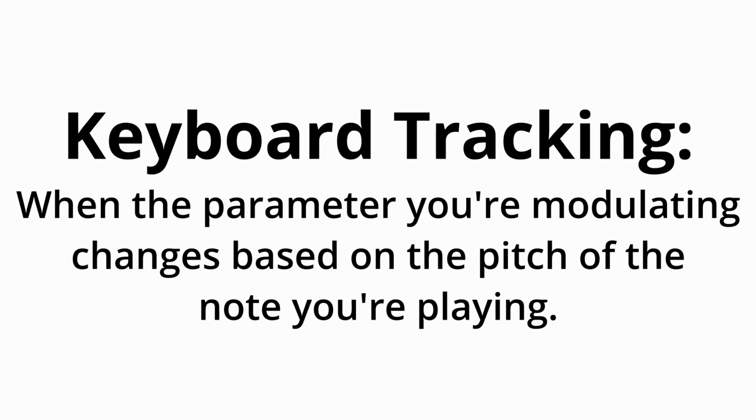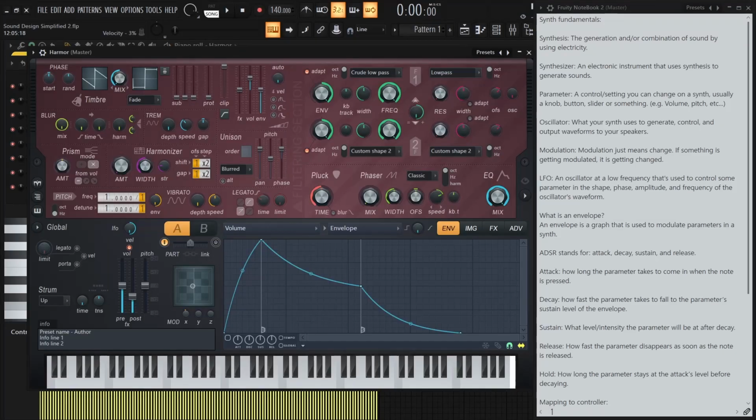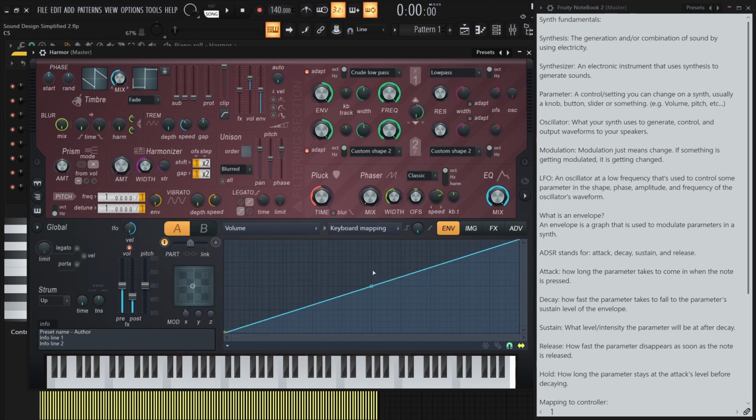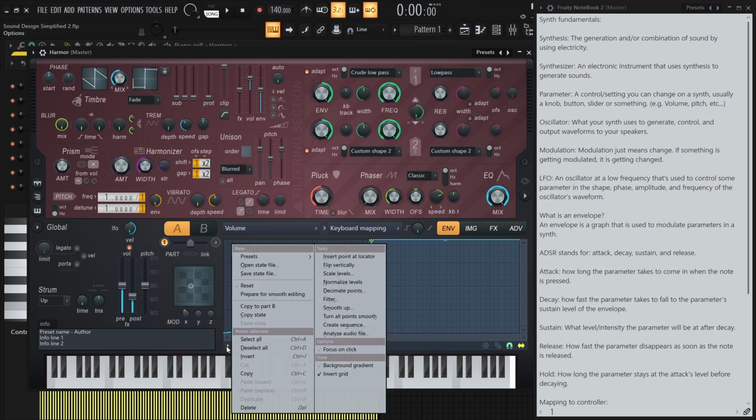Keyboard tracking is when the parameter that you're modulating changes based on the pitch of the note that you're playing. Let's say I want to modulate the volume of this sound using keyboard mapping. So I'm going to go down to keyboard mapping and make this graph. And basically what this means is that higher notes will have higher volume and lower notes will have lower volume. Let me exaggerate a bit. And if I flip it,